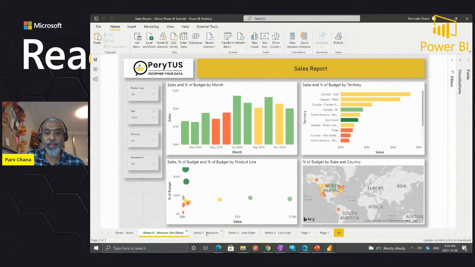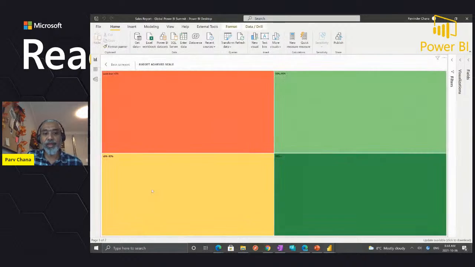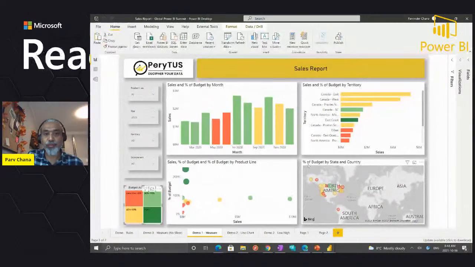So what we have here, this particular visual, I created from that specific color table. It's basically saying, okay, anything less than 60% is, I can label whatever I want, red and whatnot, right? So I'm maintaining that conditional formatting metadata in a table and then using it. So this becomes very useful. Now the user can say, okay, anything less than 60% budget, budget versus actual, is in the red, and it's very informative.